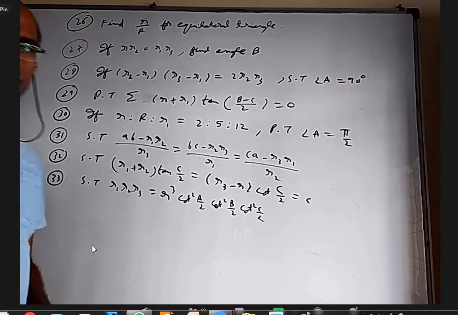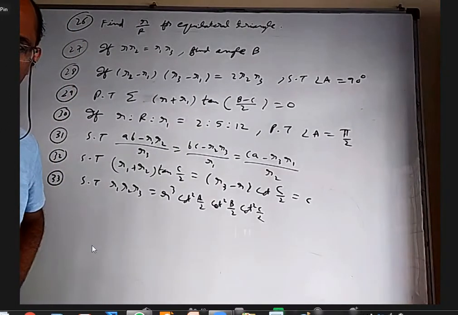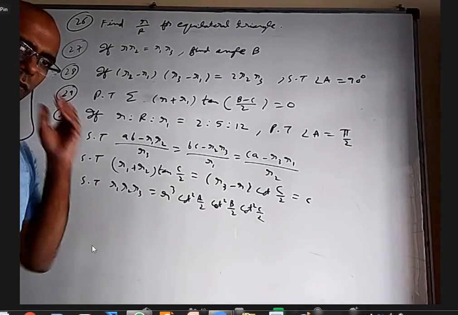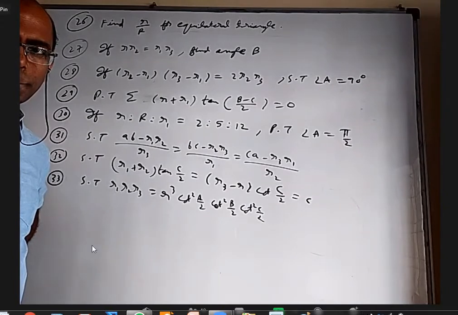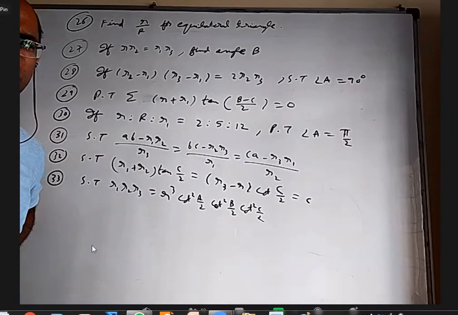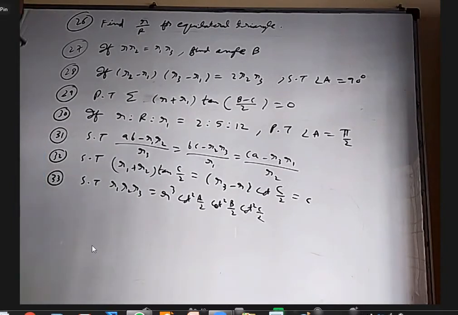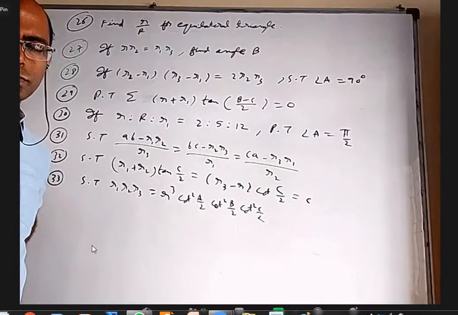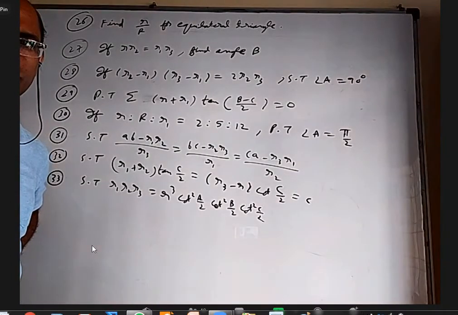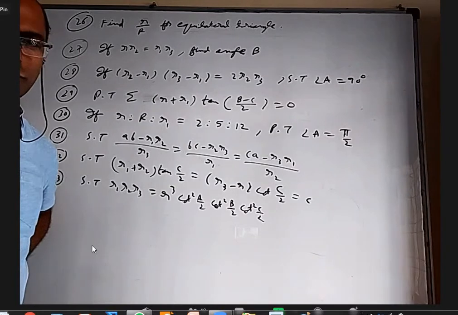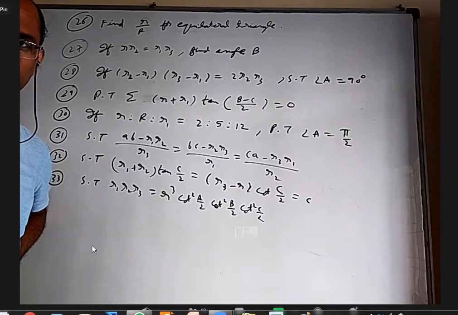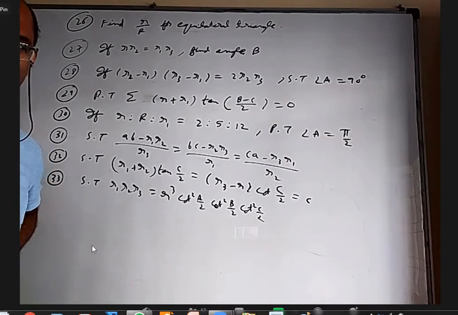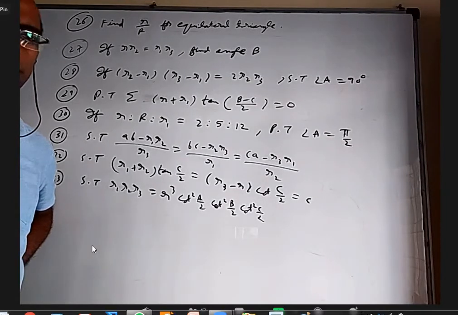Okay. 26th question. Everybody got 1 by 2? Anybody want to tell how to do it? Small r equals delta by S and capital R equals ABC by 4 delta. Any other method anybody want to say? R by R we can write as 4 sin A by 2 sin B by 2 sin C by 2, and we can substitute A, B, C as 60, 60, 60. Anything else? Okay, both are good.